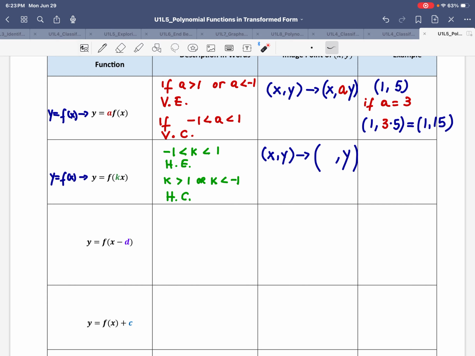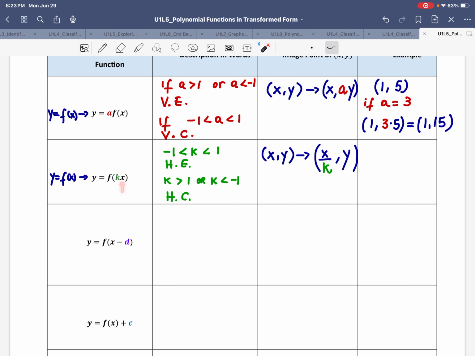But if the k values happen to be, let's say, for example, 2, instead of, let's say, f of 1, now we're going to need 1/2 of it. So as you can see here, we're going to have to divide by coefficient k all the x values in the transform function, because the value of k is kind of helping and affecting the value of x, so the inputs of the x